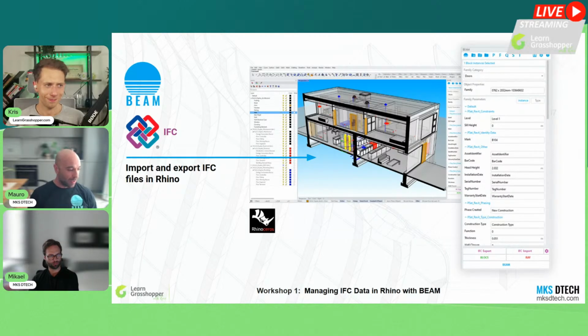It's an amazing tool for modeling, but we feel it lacks a little bit of BIM capabilities. That's why we put together BIM to add some layers of information to the objects in Rhino, and eventually export and import in IFC. So today we're going to show all of this: managing the data, import and export.